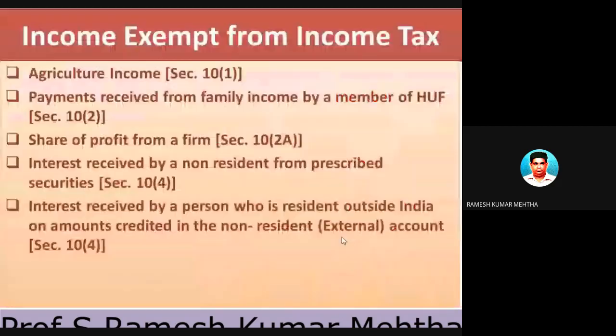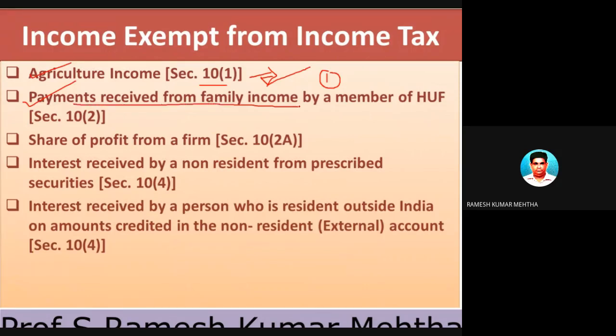The first income which is exempt from tax is agriculture income, and agriculture income falls under Section 10 subsection 1. We have a separate topic under which we are going to talk about different types of agriculture incomes which are totally exempted from tax. So this is the first item which falls under the category of incomes which are exempted from tax under Section 10. This is number one. Number two item: